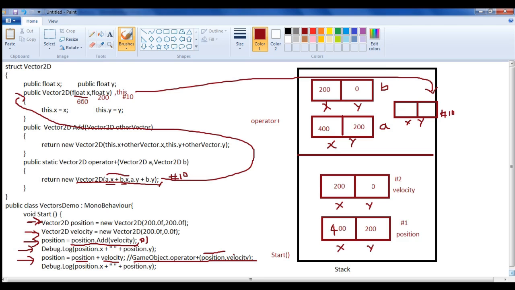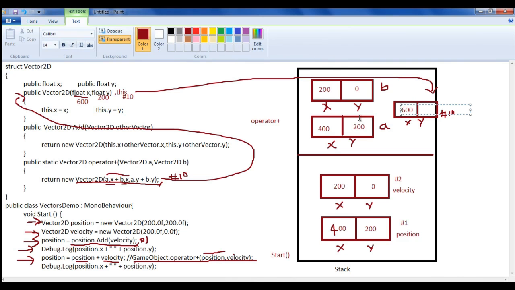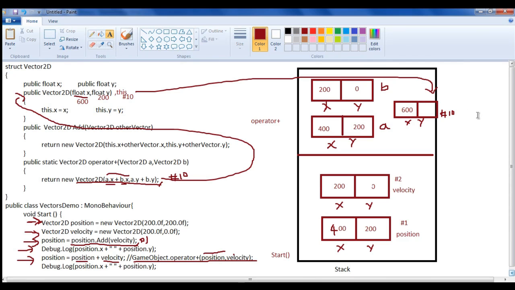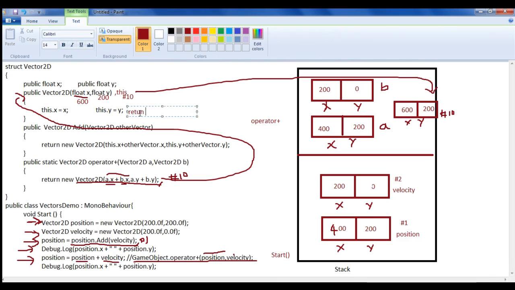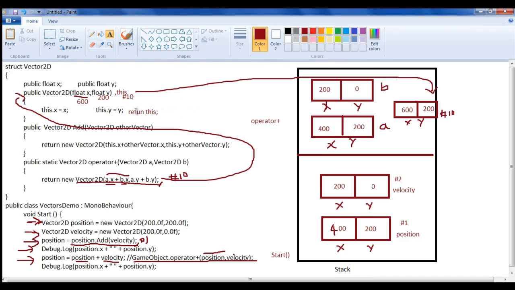So after that we are assigning x to this.x. So 600 will be copied here, guys. 600 will be copied. this.y equal to y. This.y equal to the y value, that makes this one 200. Good. Then we know that at the end we have one extra line, return this. What does return this do? It returns the value where this is pointing. This memory block will be returned back because it is a value type. So it is going to return this newly created memory block back to us, and that will be returned back over here.